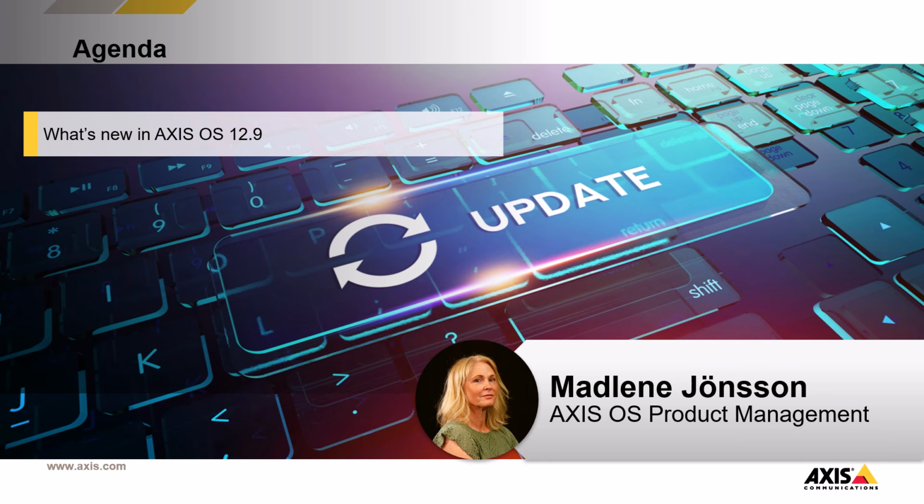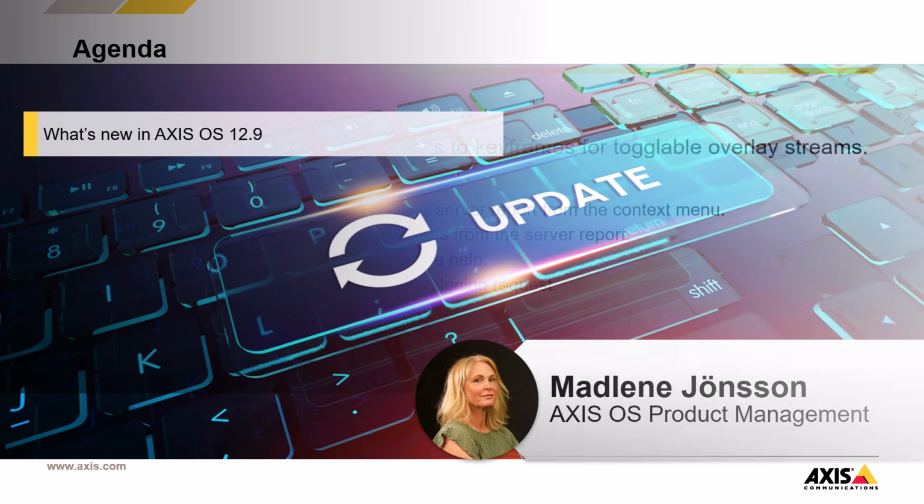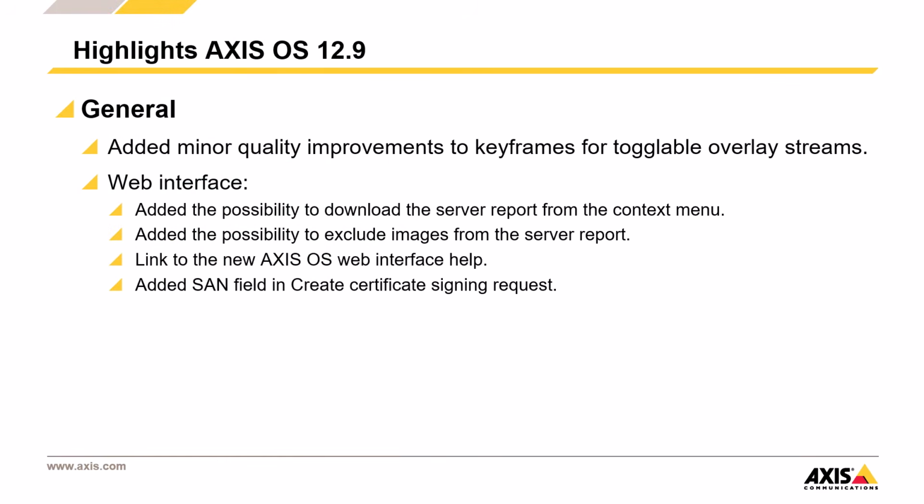Let's go through what's included. Let's begin with some general updates. Some minor quality improvement for keyframes for toggleable overlay streams has been done. For the web interface, we have added a possibility to exclude the images when you download the server report, and also added that you can download it from the context menu. Furthermore, we have a new AccessOS web interface help, and lastly, a field for SAN has been added in the